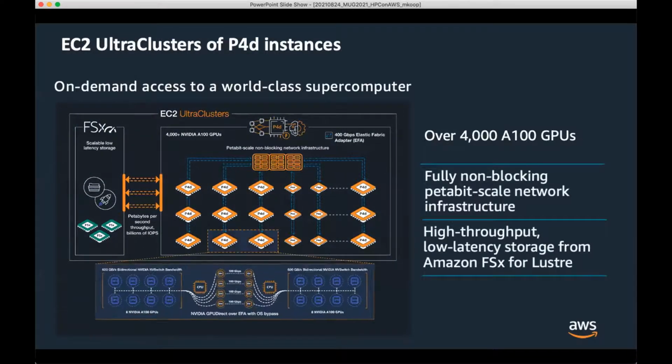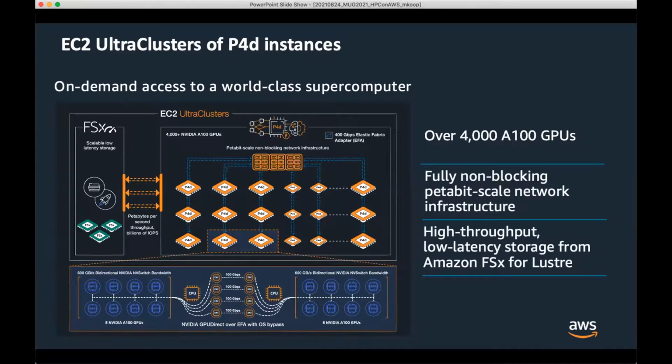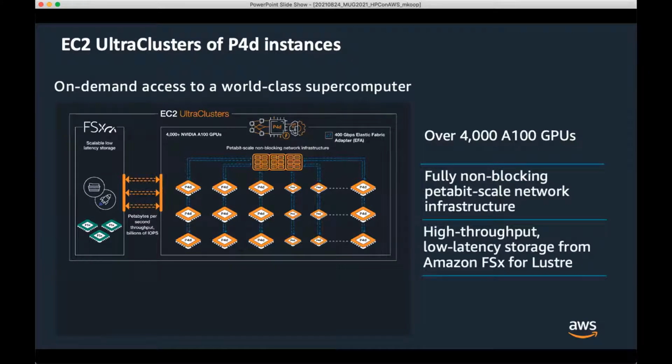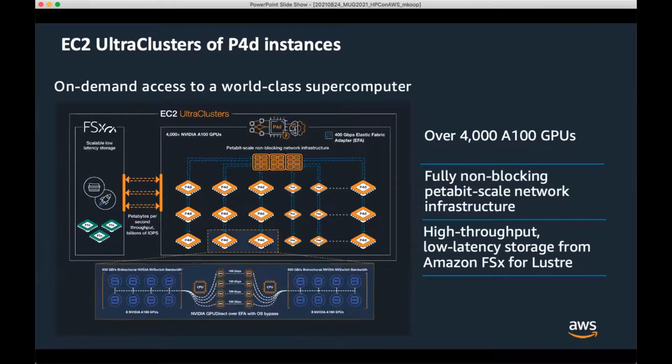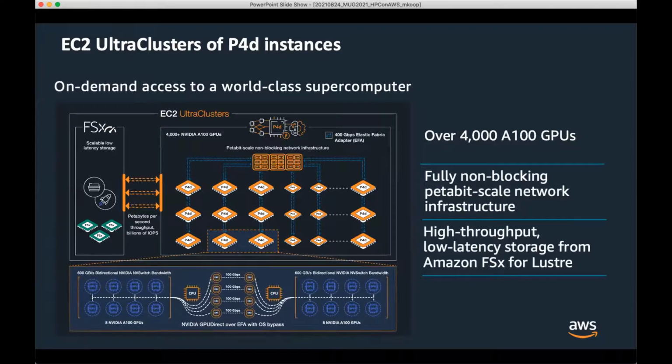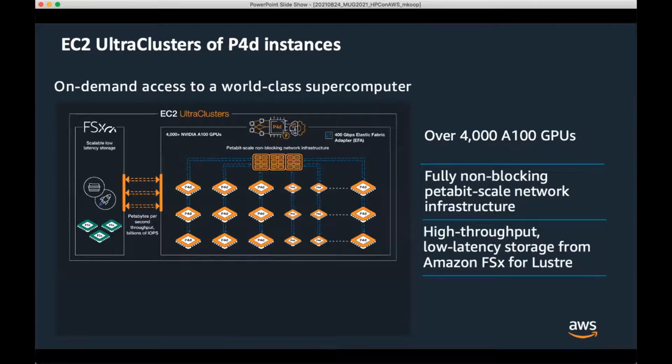The last part I wanted to talk about for EC2 is GPUs. As I mentioned before, we have a number of different GPU types. The latest GPU technology is the NVIDIA A100s. So our P4D instances contain 8 of those per instance.